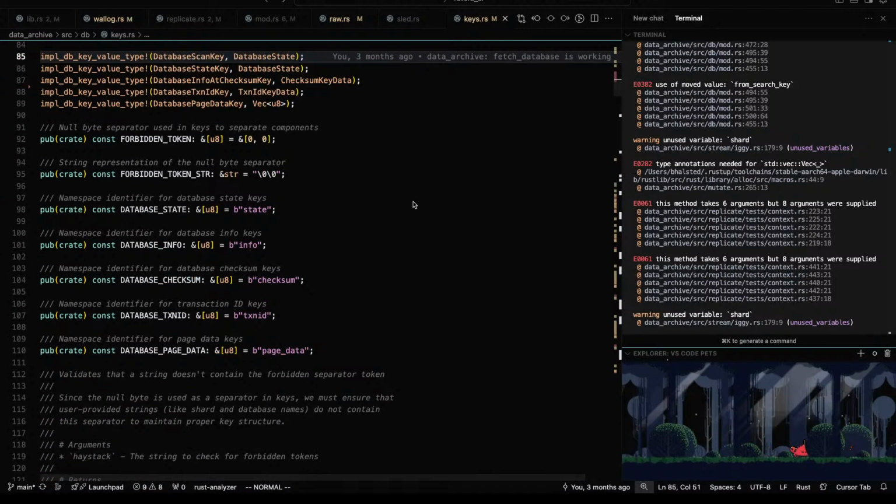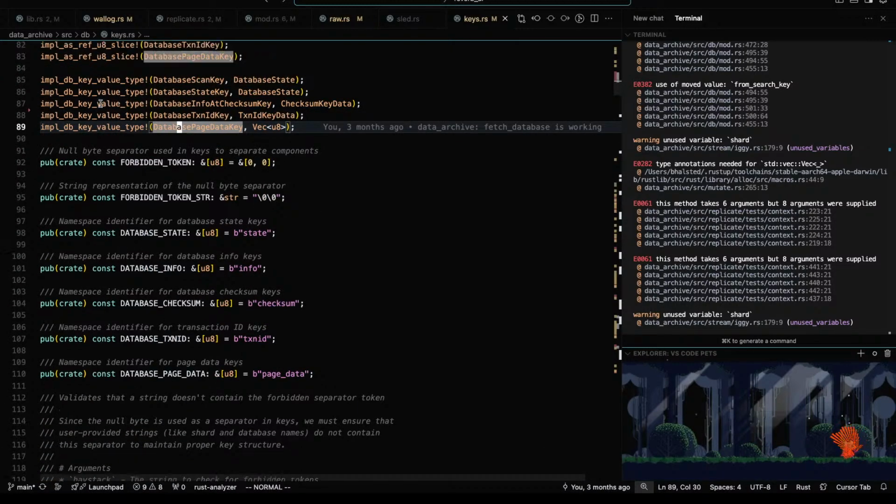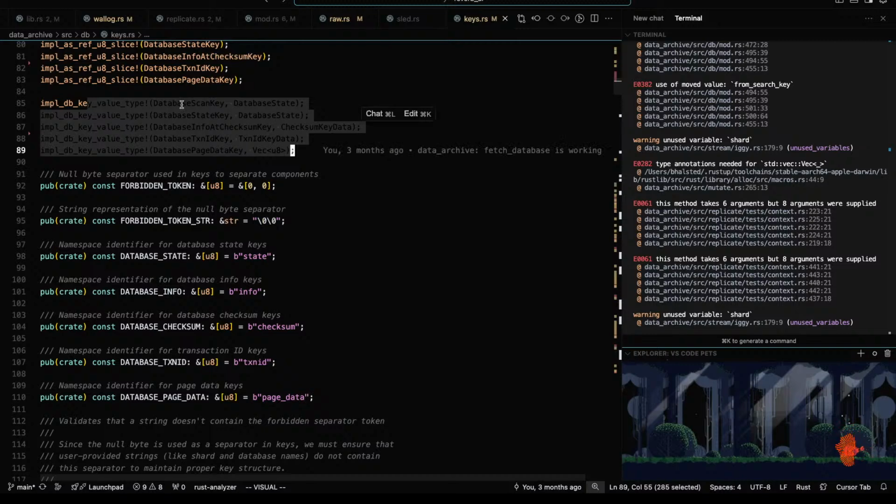Let's keep cutting. I like this association. This is what I want to keep.